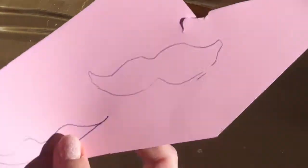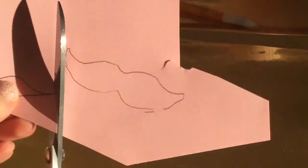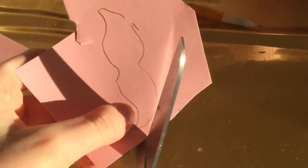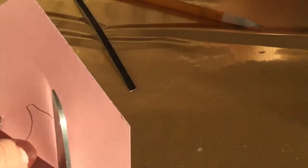So now let's get into outlining the mustache. Okay, so I've just outlined the mustache and this is what it looks like. So that's what I drew. Now I'm just going to be cutting it out so that I'll be able to cut it more closer together. So now I'm just going to try to trim it around the edges to make sure it looks how I like. And I'm going to try to erase the pencil mark